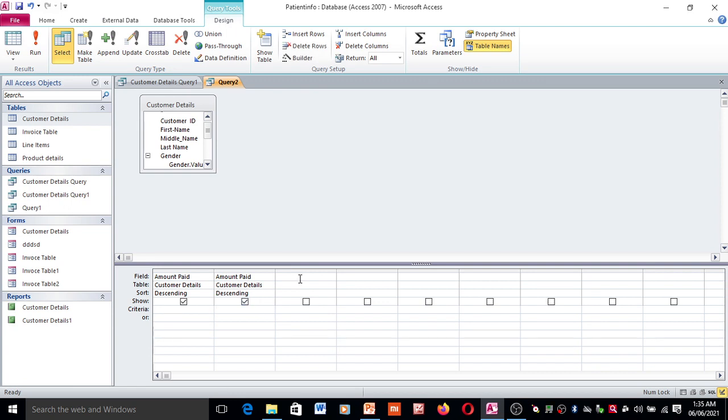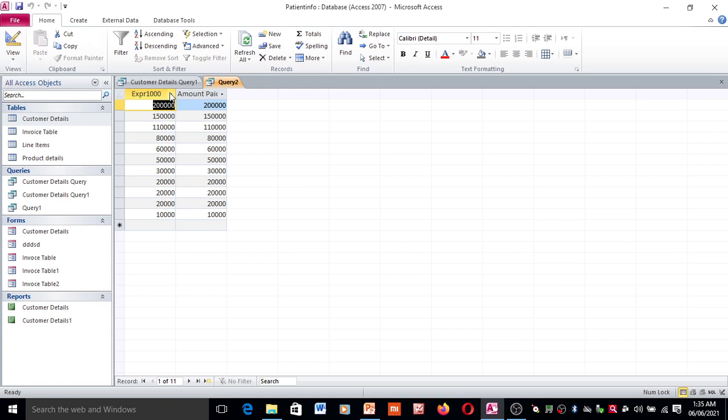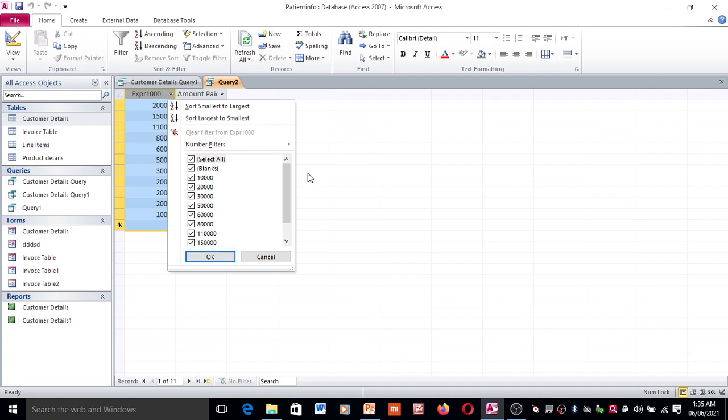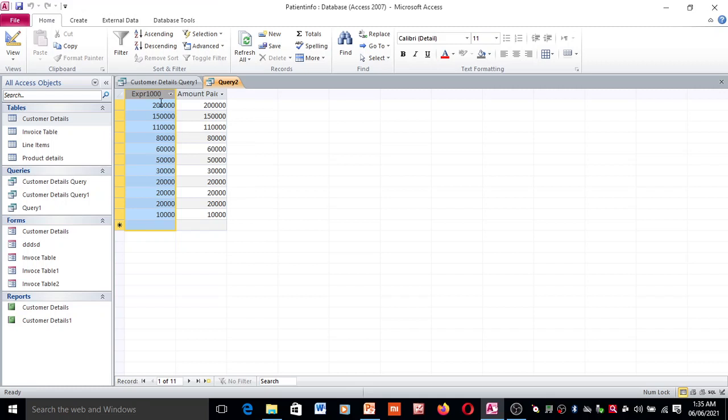Now see, for this you have to go to the view section, click on this tab, view tab. You can see here you are giving descending order, means you have given descending order to this field.